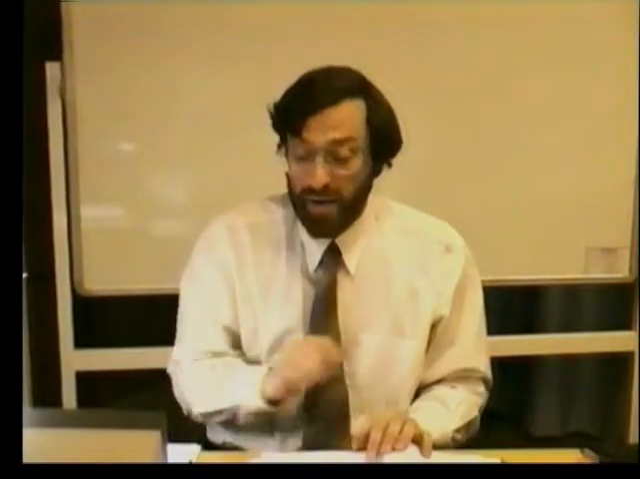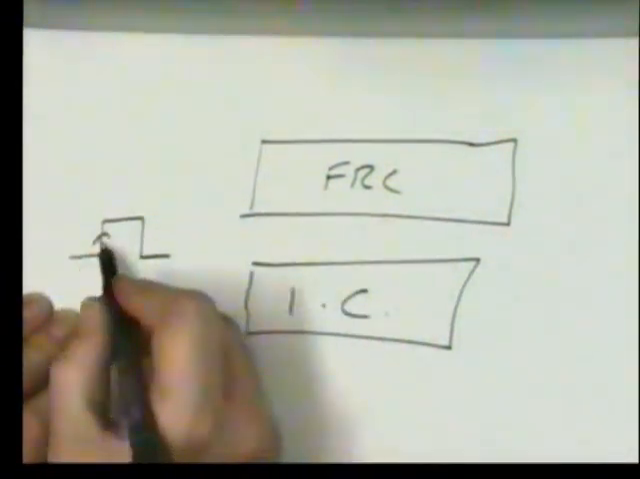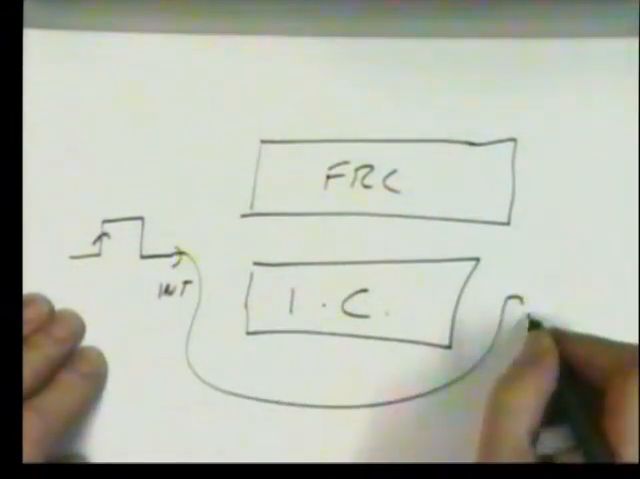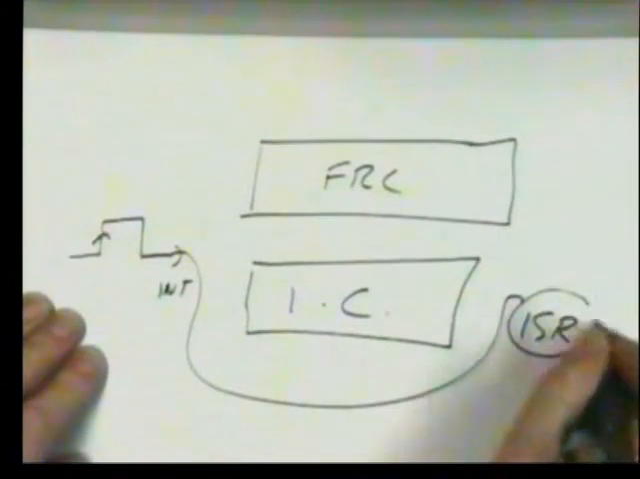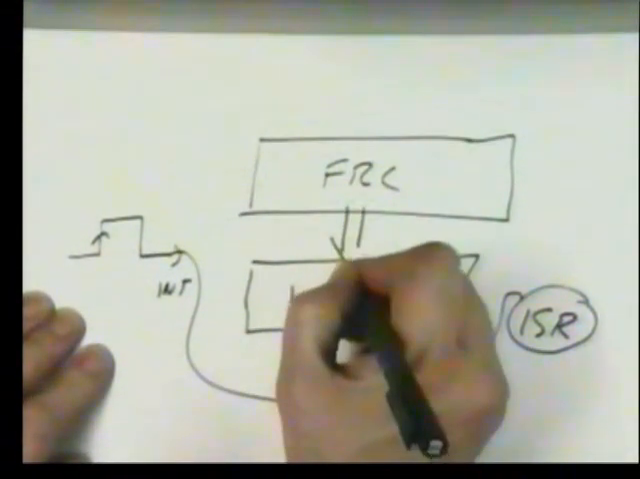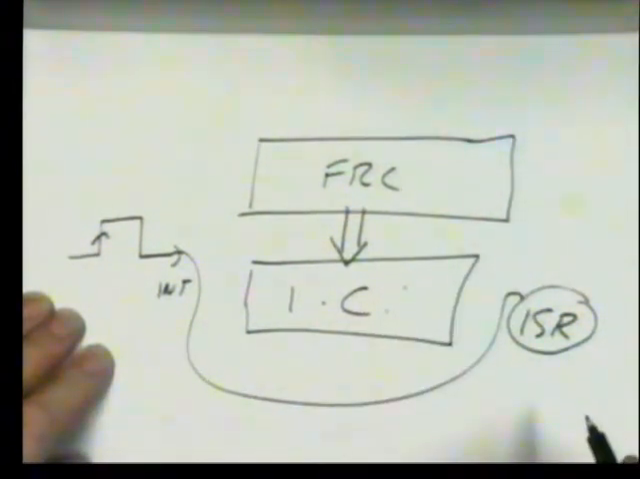When you finally service your interrupt, you can go back to that memory location and you can see what time it occurred. So what happens is, on the rising edge of our signal that goes into our interrupt pin, that issues a call to our interrupt service routine as before, but also instantaneously a copy of the free running counter is copied into the input capture